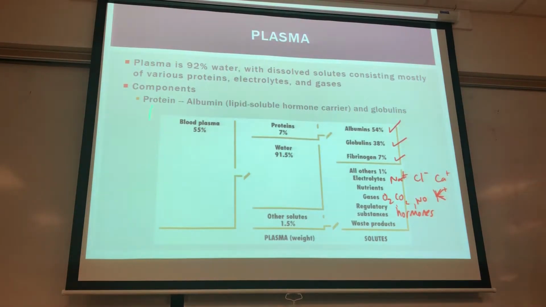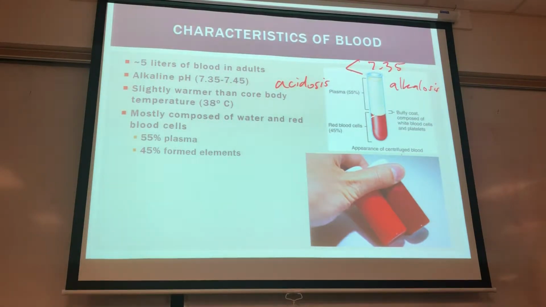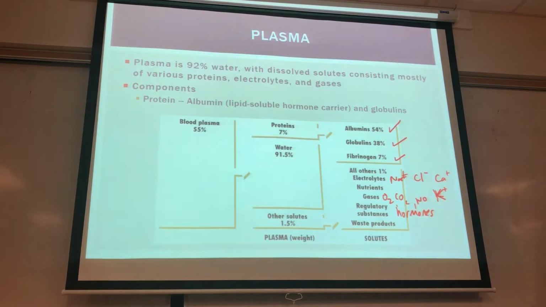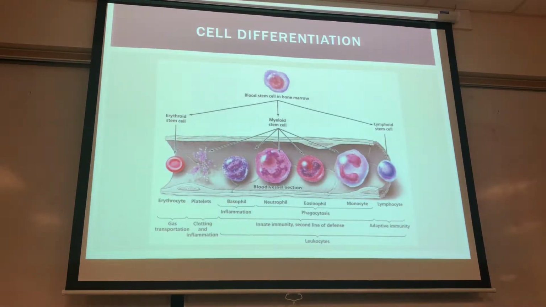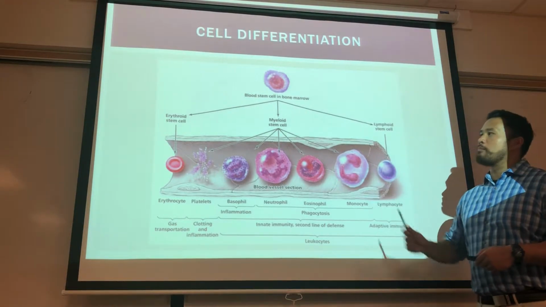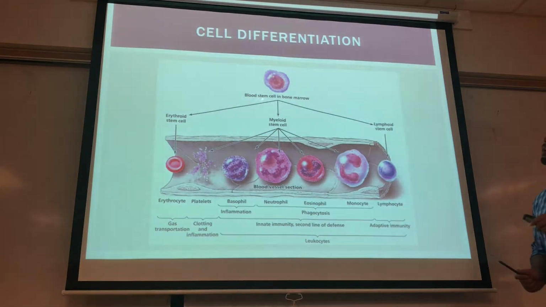Now, while the plasma is 55%, the other 45% are going to be the things that sink down to the bottom. So these are going to be our big cells: red blood cells, white blood cells, as well as platelets. And they are called formed elements because they actually are derived from stem cells. And where are those stem cells for blood located? Actually located right in the bone marrow. So our stem cells start to